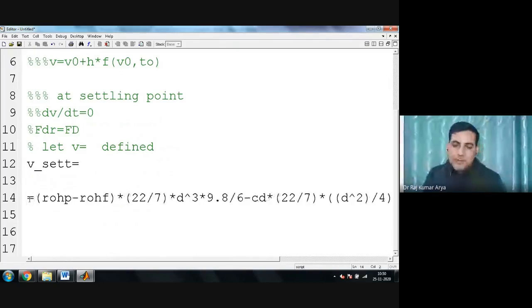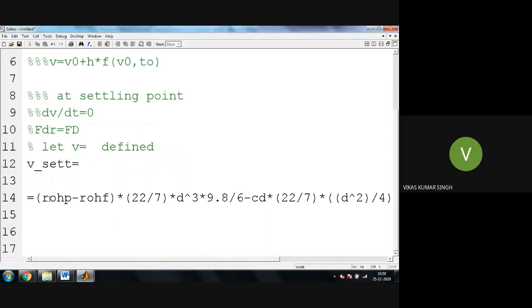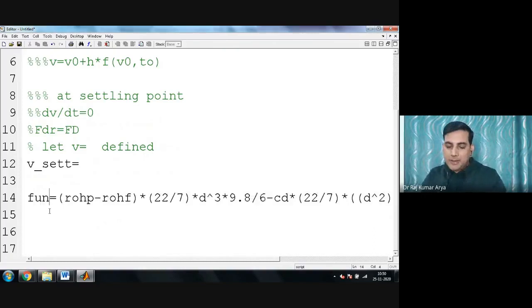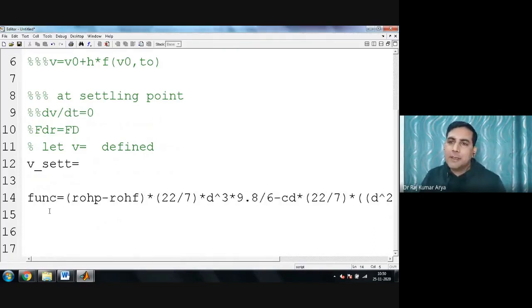Original equation. This side I have some term. What do I have here? The dv upon dt term, right? Which is my function, correct? I am just putting a name here. Let's say I gave this a name as a function, which is a function of velocity. So I wrote this whole thing.